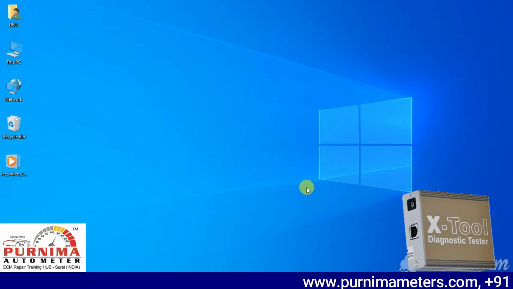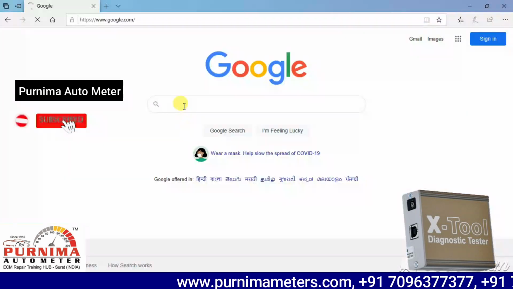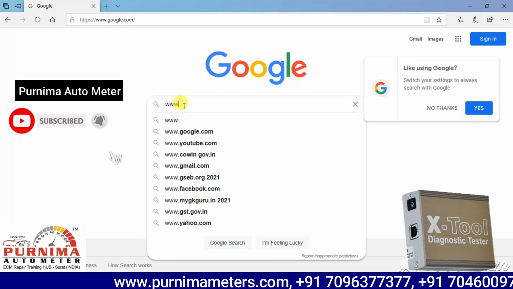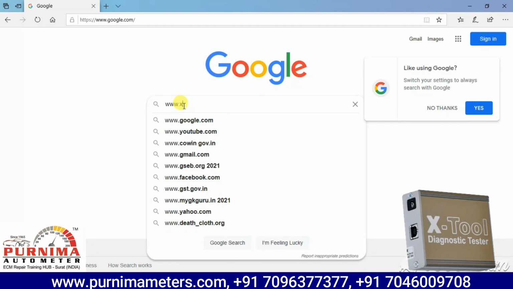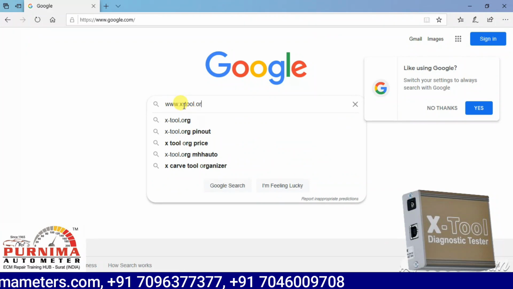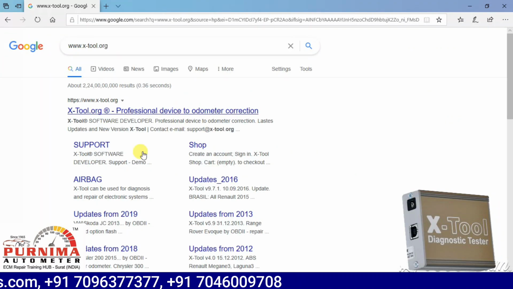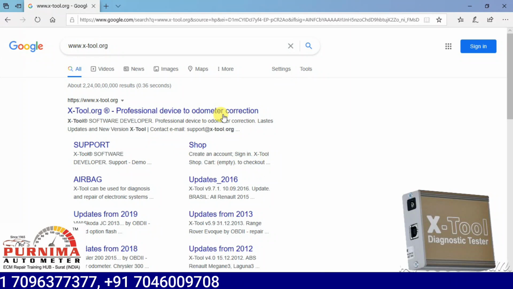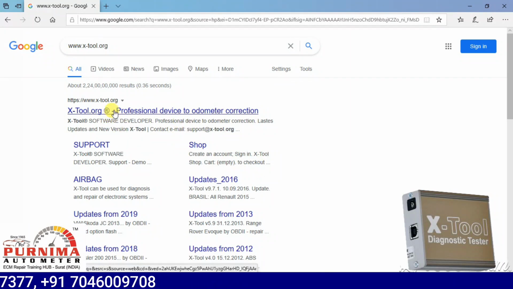Let's see how to install the Actual ORG, and we'll go to Google. Just type the website name, www.x-tool.org. Okay, now the website name arrives here. Just click on it